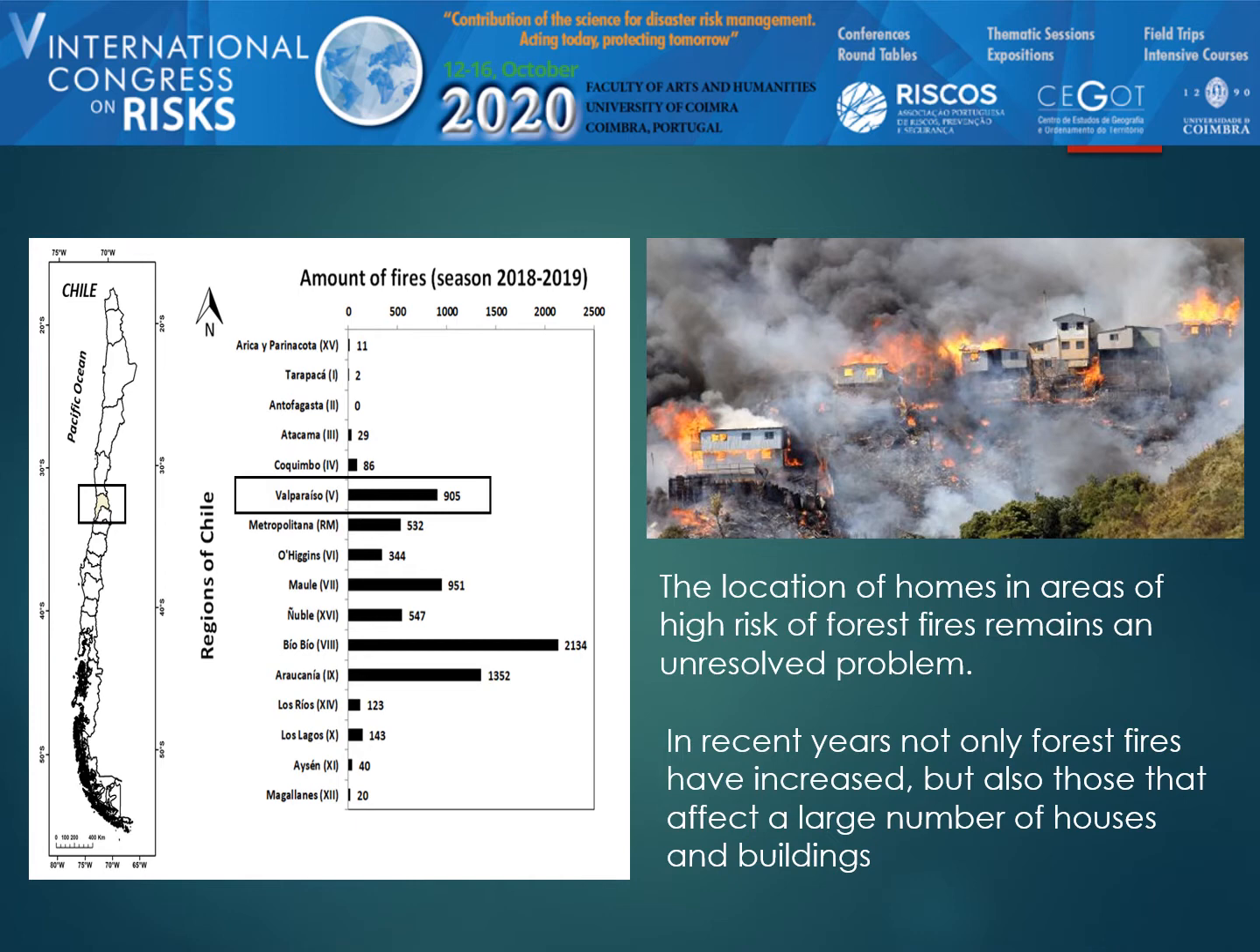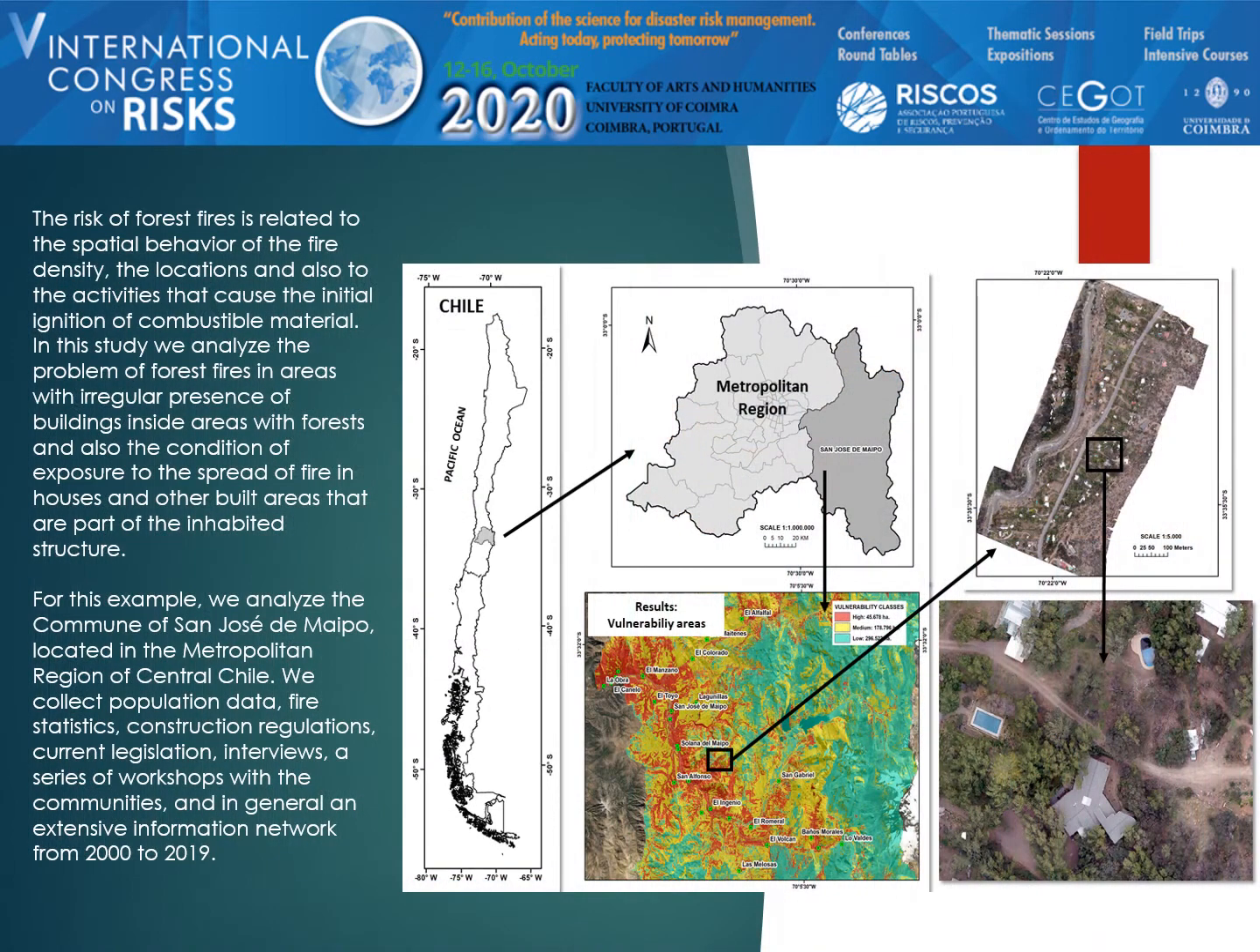This map is an example of the extensive fires that occurred in 2017 in Chile. So the risk of forest fire is related to the spatial behavior of the fire density, the location, and also to activities that cause the initial ignition